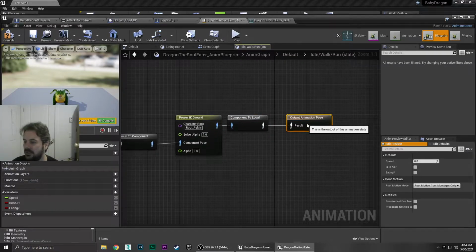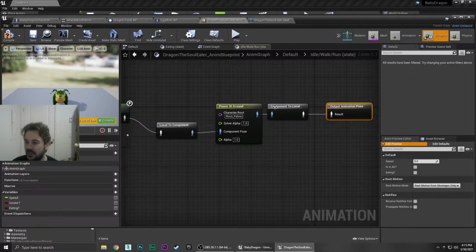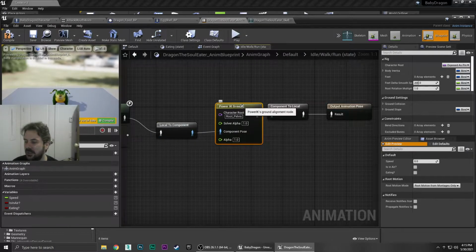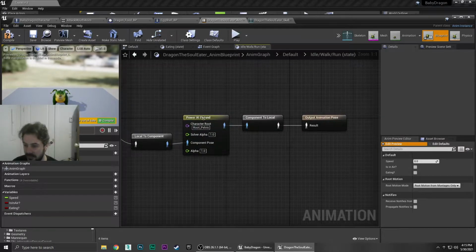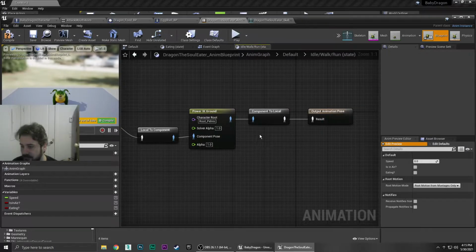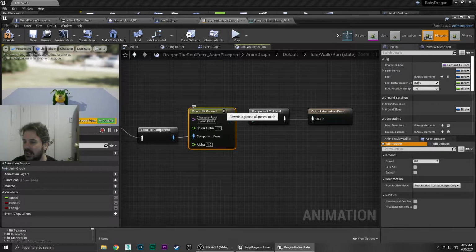I've always been curious why they bother converting it. You'd think these would just be coded to work with local, but I don't know. Maybe it's something to do with the animation system. Anyways,